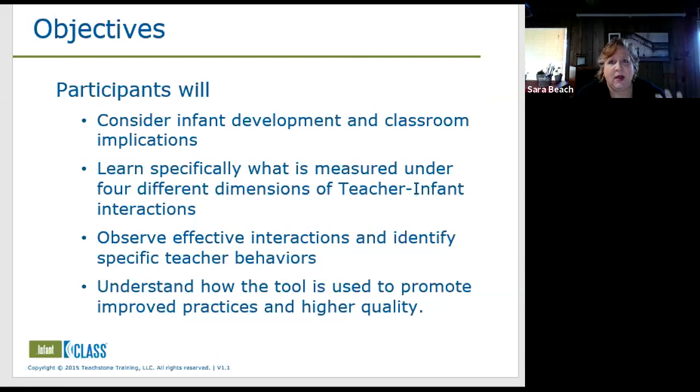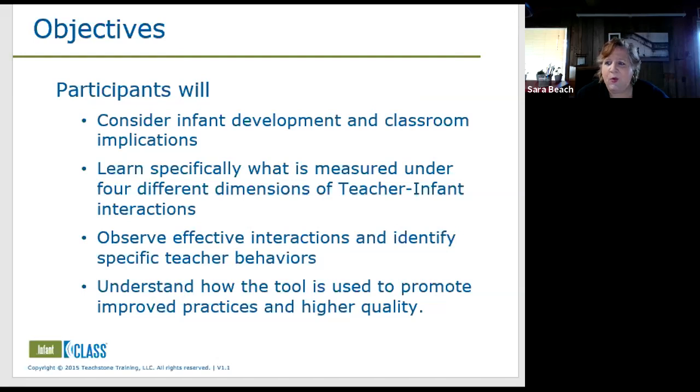How do these particular dimensions that we look at, and the behaviors that we're identifying, promote the optimal development that we're looking for? We're going to learn what's measured under each of the 4 dimensions of the infant class, and then we're going to get a look at what it looks like when it's done well, and identify some specific